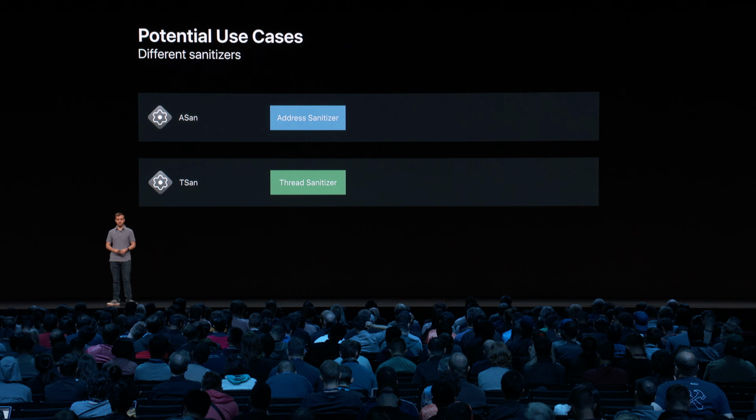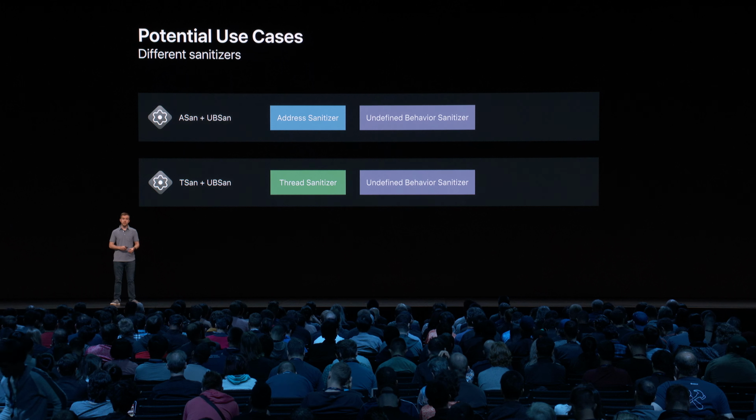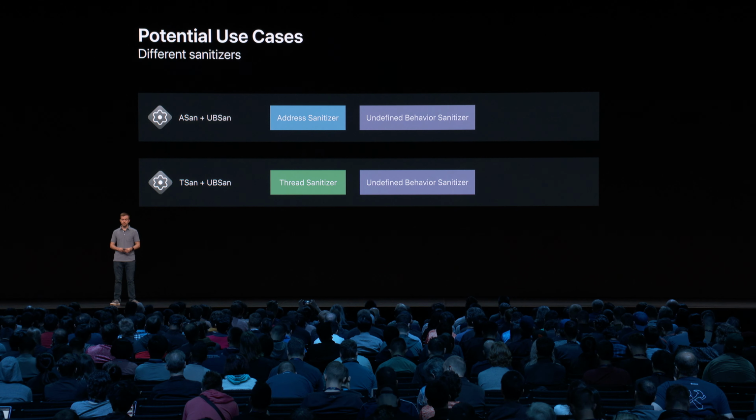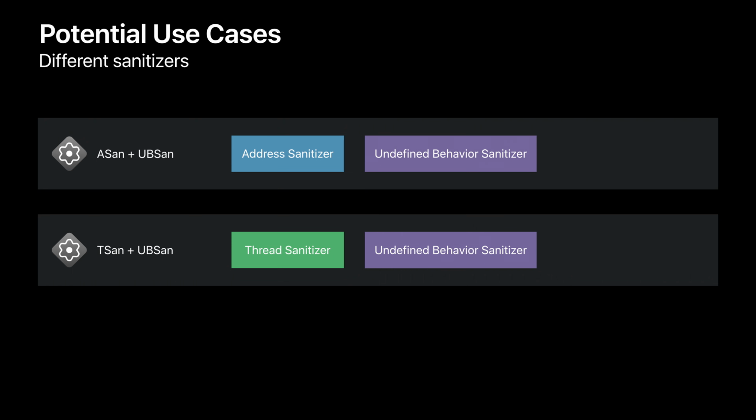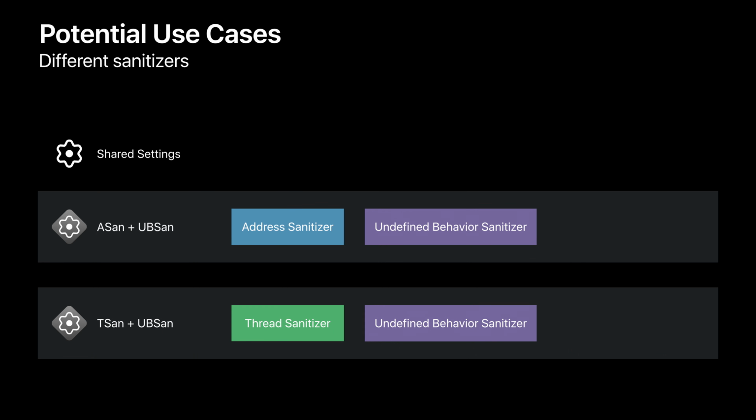Now, to get even more value out of this test plan, if your project includes C or Objective-C code, you could expand the plan by enabling the undefined behavior sanitizer in each of the configurations as well. So you might look at this and notice that the undefined behavior sanitizer is set in two places. It's repeated in each of the configurations. This would be a great setting to move up to the shared settings level of the plan instead. And then it'll be automatically inherited by every configuration in the plan.